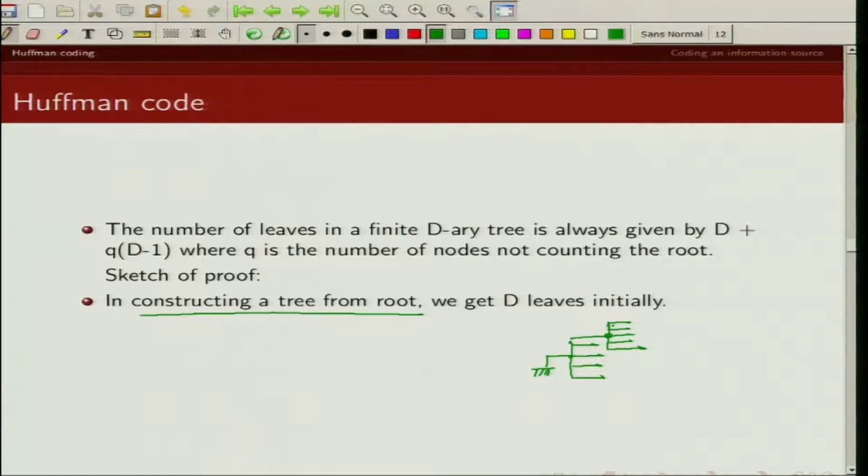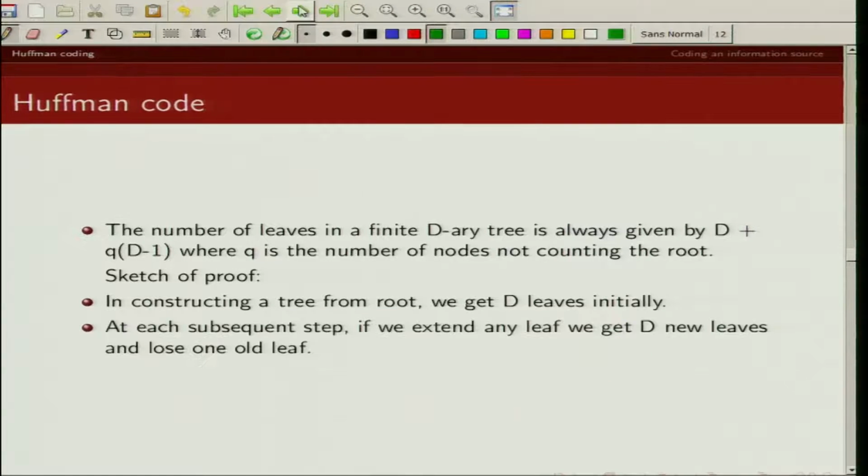So effectively you are adding D minus 1 leaves. At each subsequent step, if we are trying to extend a leaf, we are getting D new leaves, however we are losing one old leaf because that particular leaf has now become a node.